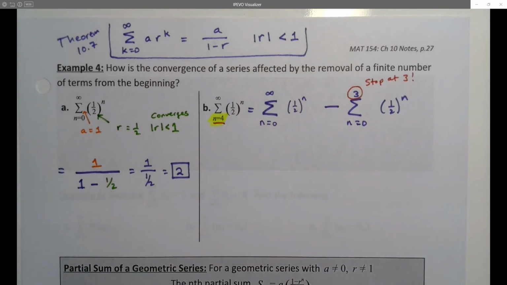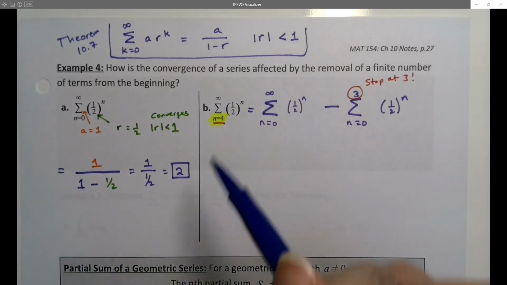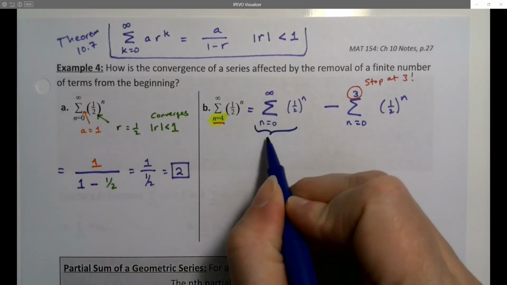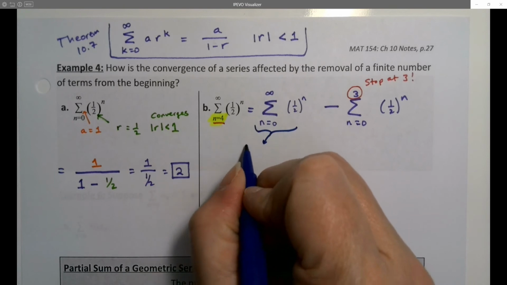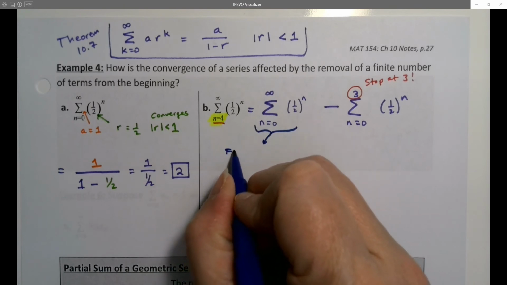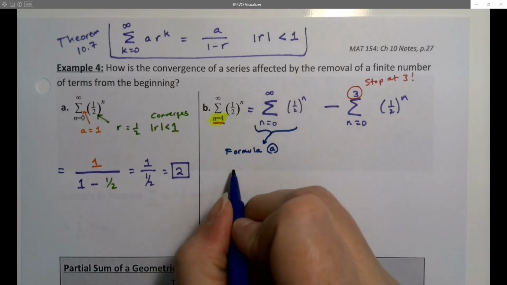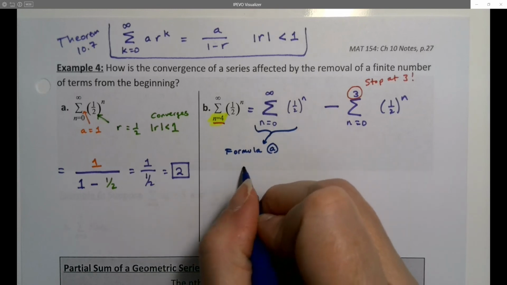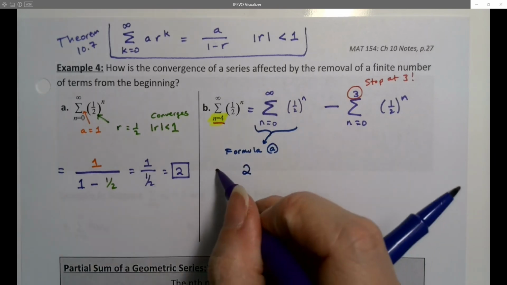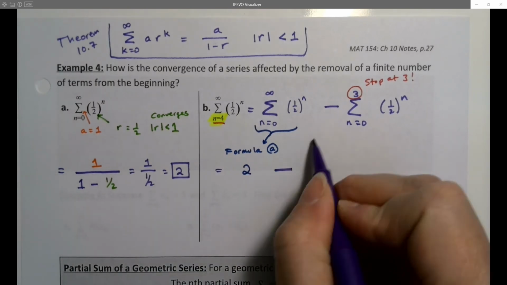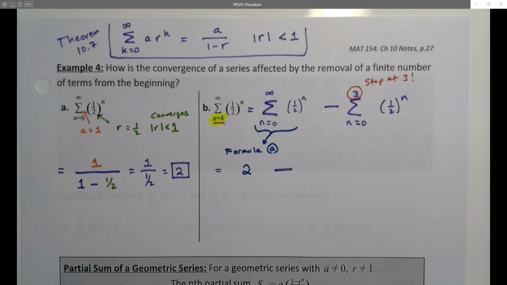Okay, well, this one over here, we know what this is. So we know that this one from part A follows the formula. It's 2. Right, we know what it is. We found it right there. It's 2. But then we're going to subtract away, minus,